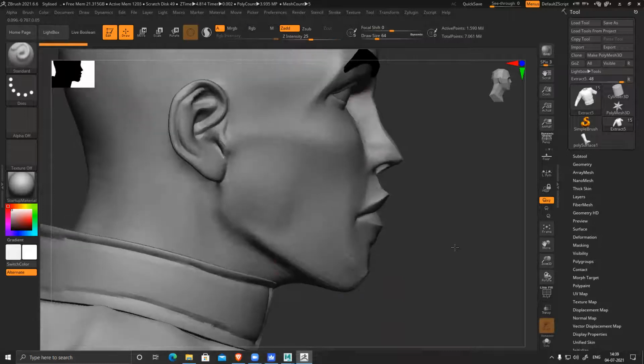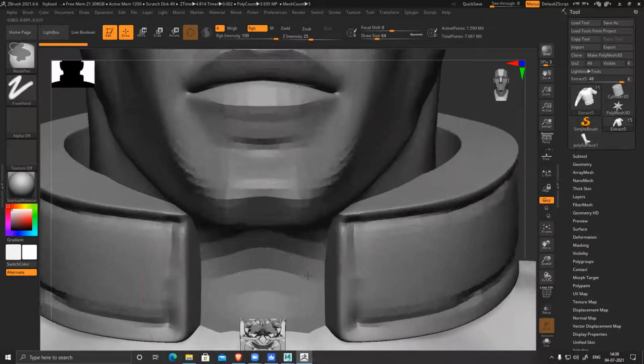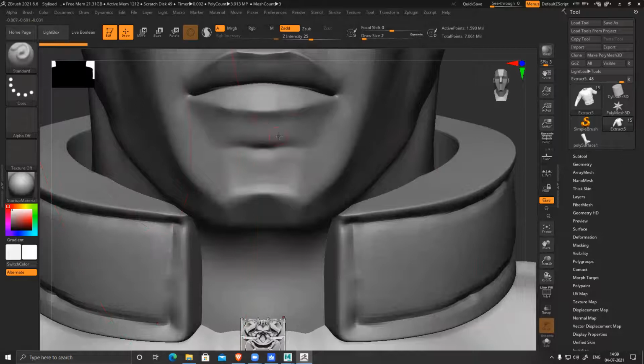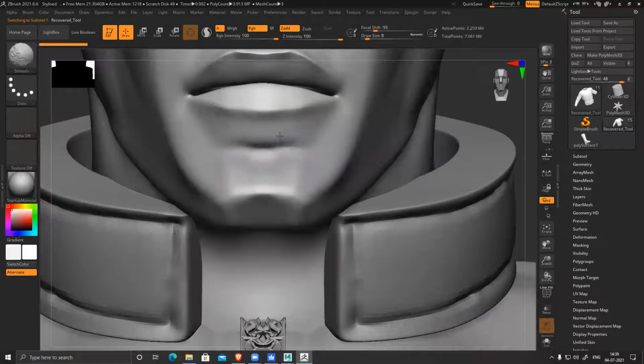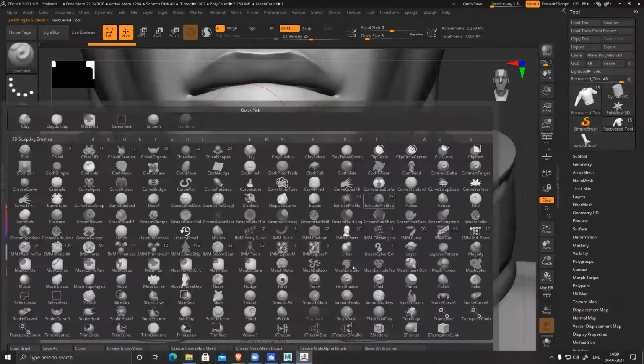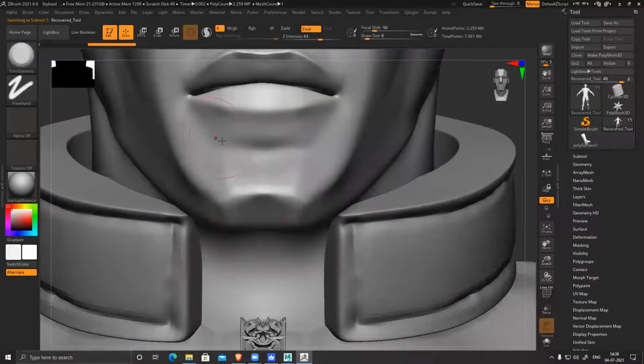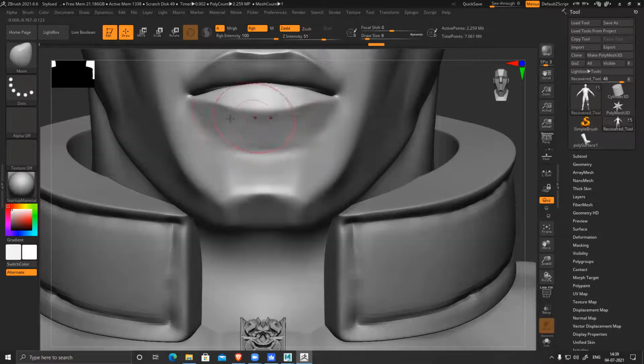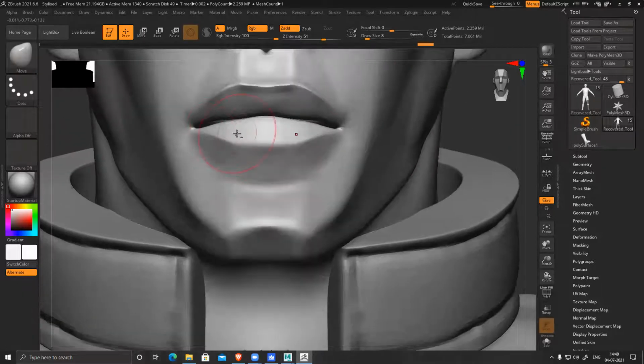Okay, so lips. This lips you have to fix.